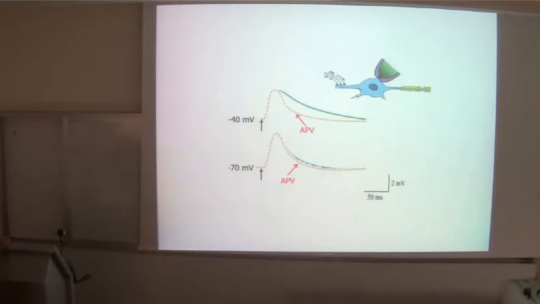So this drug, which is called AP5, and the 5 is Roman, so sometimes it's called APV, is a drug that blocks NMDA completely, independent of the membrane potential. Okay. And then you can see that if you hold the cell,